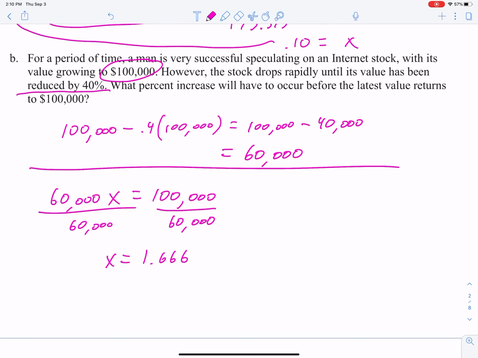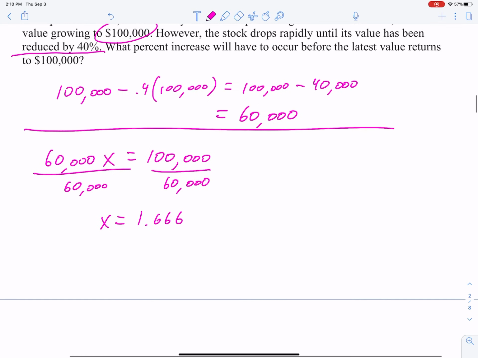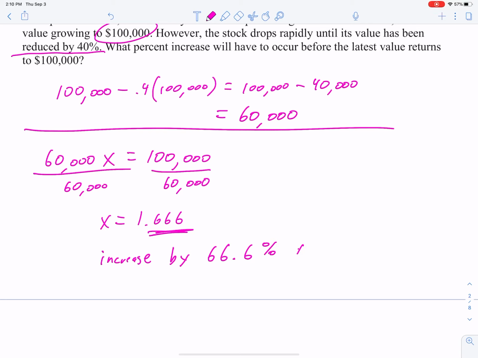1.666. Don't worry, it's just a number. But if we converted this number to a percentage, that would be 166.6%. That's not how much the original 60,000 needs to increase, right? Because this 1 represents that original 60,000 still in there. So in other words, the increase is just the decimal part. So it needs to increase by 66.6% to return